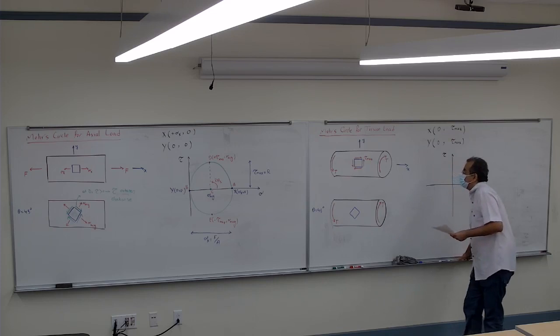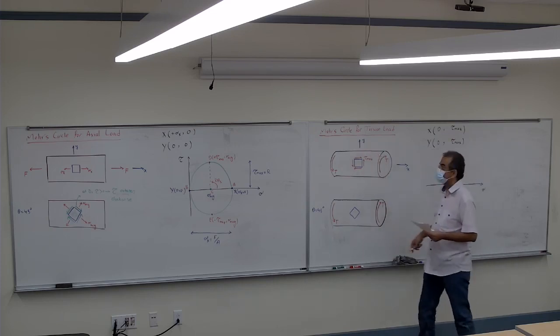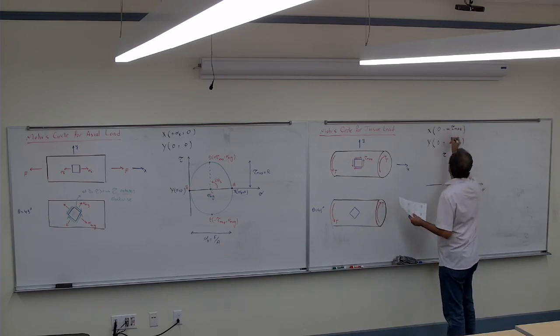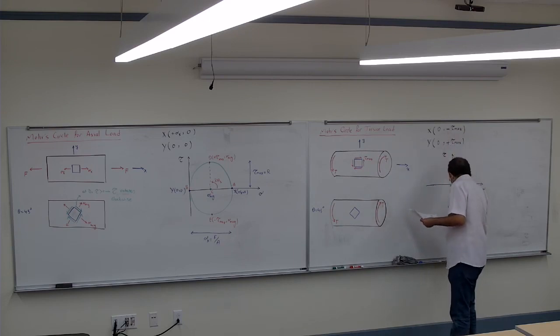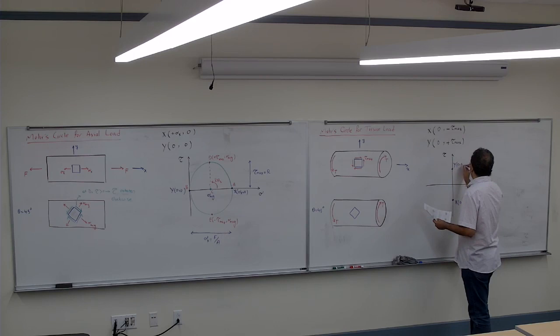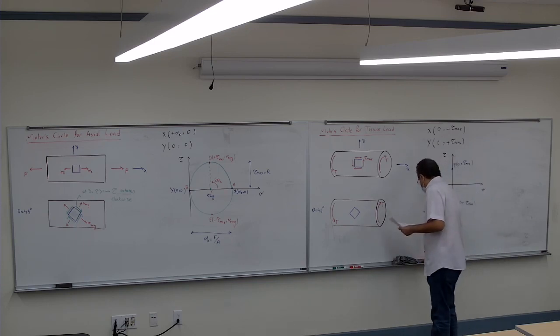Positive. Wait, no. You rotate counterclockwise, so it's going to be negative there and positive there. So the x would be located somewhere here, which is 0 and negative tau max. And then the y would be somewhere here, which is 0 and positive tau max. Now if I go ahead and draw a circle through those 2 points,